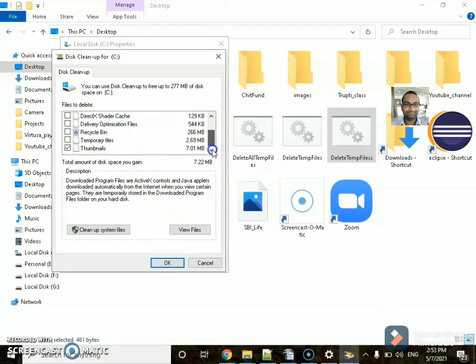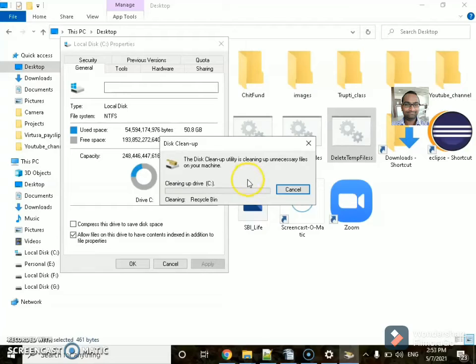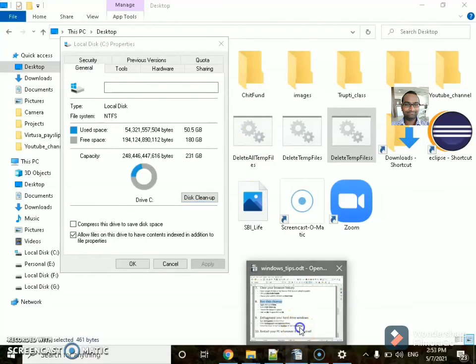It has given multiple things here: temporary files, temporary internet files, recycle bin. You can choose as per your wish and click on OK. It is prompting a message to permanently delete these files. Yes, delete. It will delete the unnecessary files from our system.